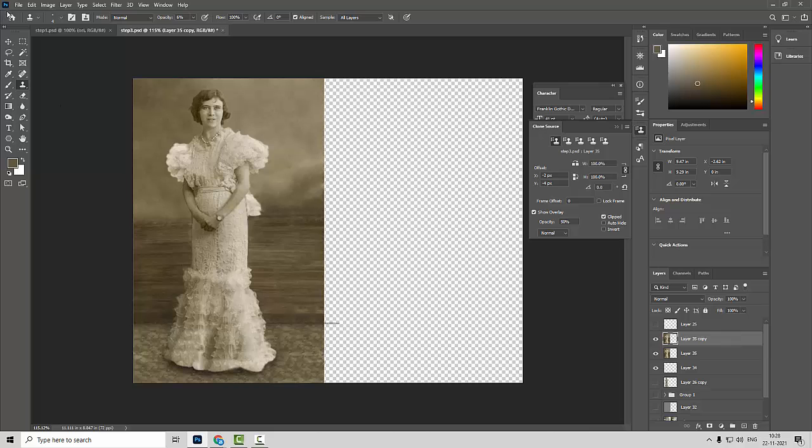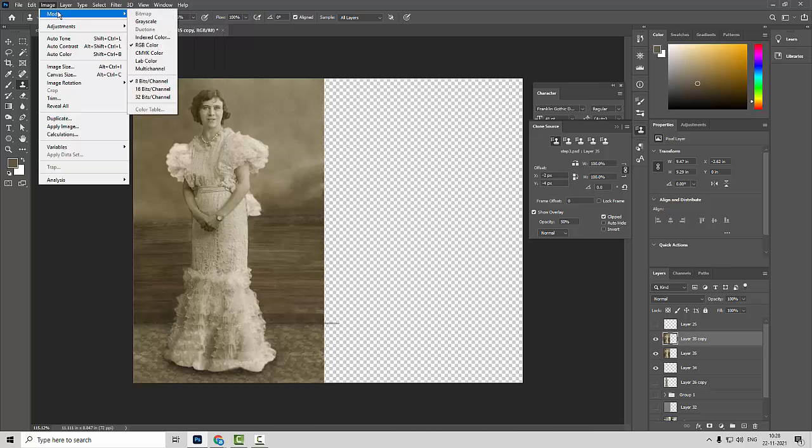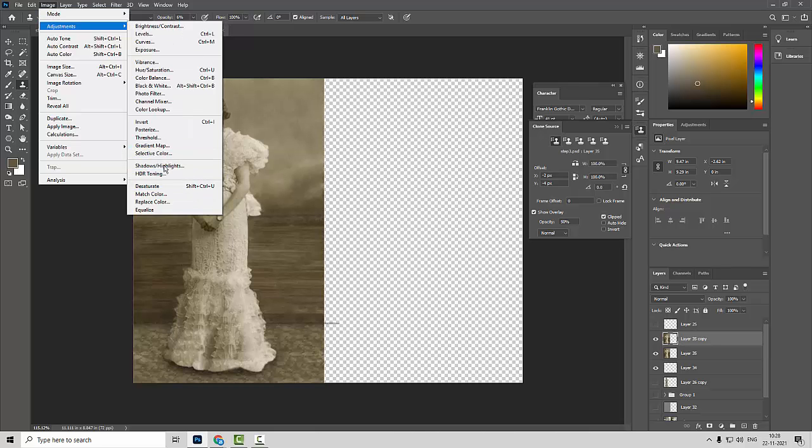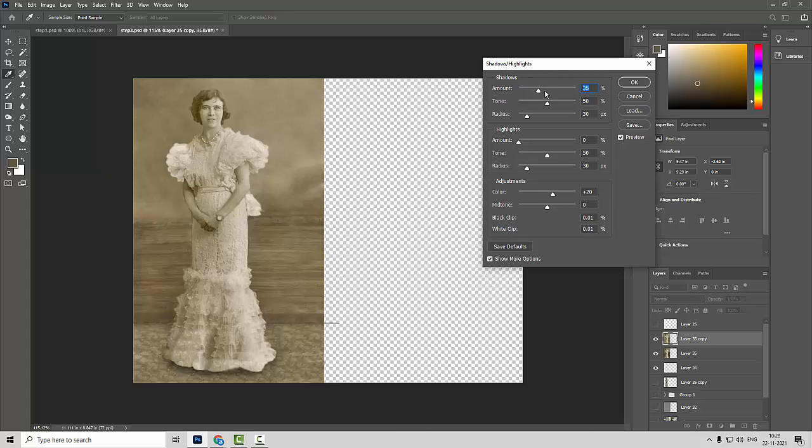On that particular layer we are going to go to Image Adjustment, and we are using the Shadow/Highlight options.